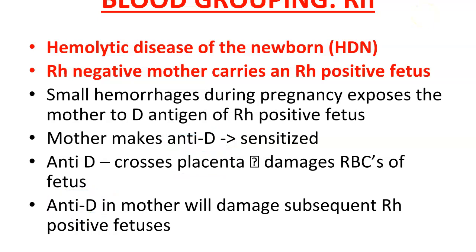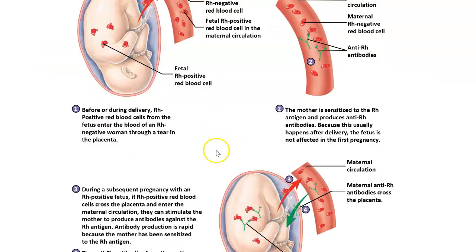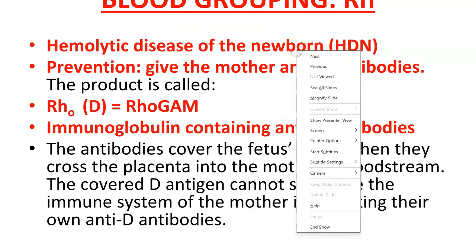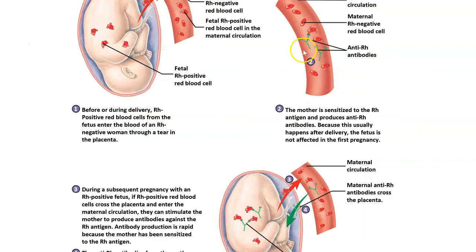So you should know what it is, hemolytic disease of the newborn. And this slide goes into what is happening. These green Y shaped structures are the antibodies of an Rh negative mother, which can cross the placenta, and they are here seen in the body of the fetus, destroying the fetal red blood cells. And again, the first pregnancy is typically okay with a little bit of problems, a little bit of anemia or jaundice. It is the second pregnancy that becomes very, very risky at this point because the mother continues